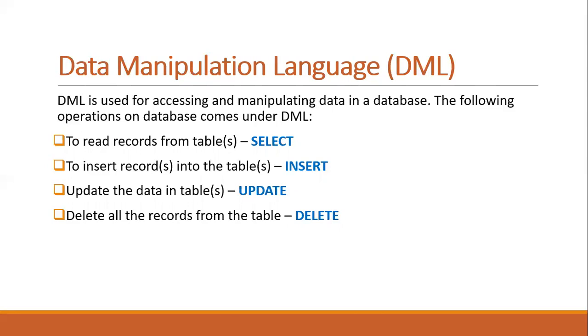Let's say we have one incorrect value in that inserted data and we want to replace it with the correct version, so we have to use the update command to update the information in the table. And lastly, if we want to delete records from the table, we use the delete command. Let's say we want to remove the information of the final year students after they pass out from the college, so we can delete all those records from the college database using the delete operation.